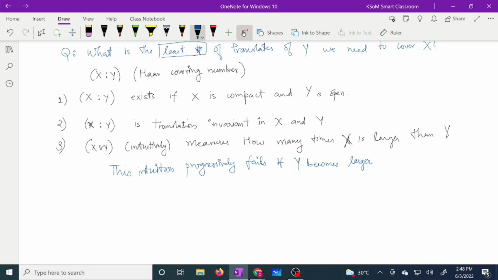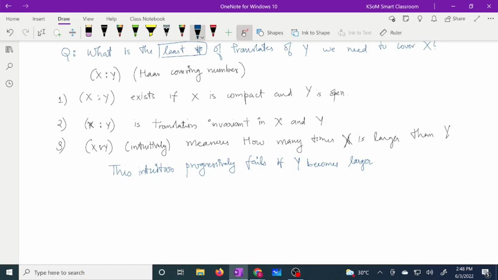What does this mean? If you take y to be the whole group, then one translate is enough for me, right? But that does not mean every subset x is the same size as the whole group. See, that is what my intuition is telling me. If I can cover x with just one translate, then intuitively I expect x to be the same size as y. But that intuition fails if my y is very large. On the other hand, if my y is very small, then the intuition is expected to hold, because